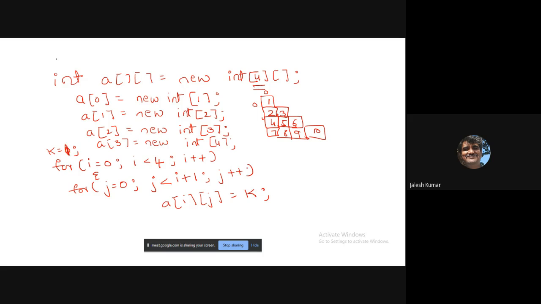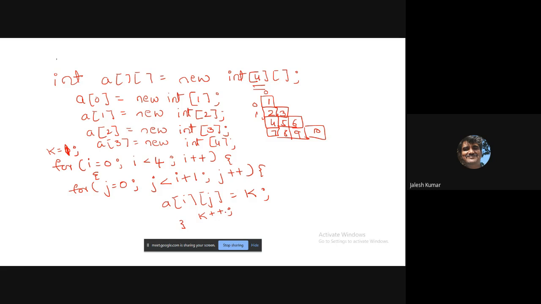So 1 will be filled at this location, and after that I'll make k plus plus. The value of i is 0 itself, is it not? So it will not come inside this loop, it will go to the next. i becomes 1. So at 1 0, k is already incremented. k plus plus means the k value will be incremented.